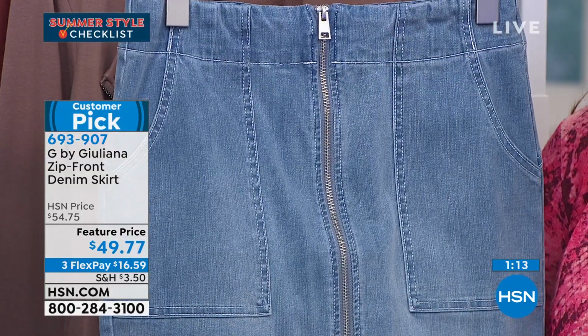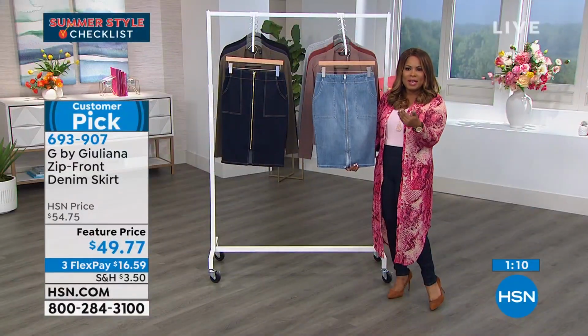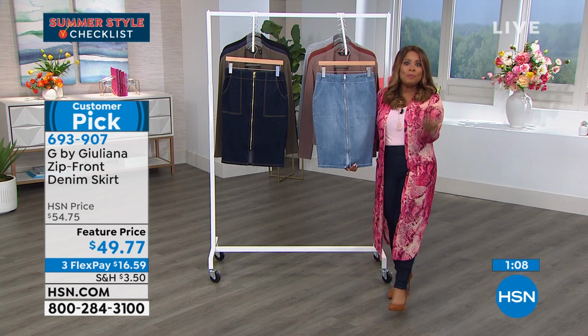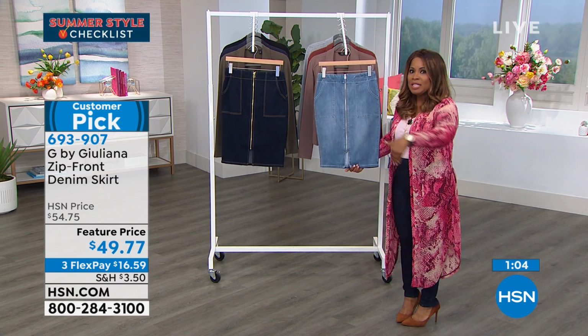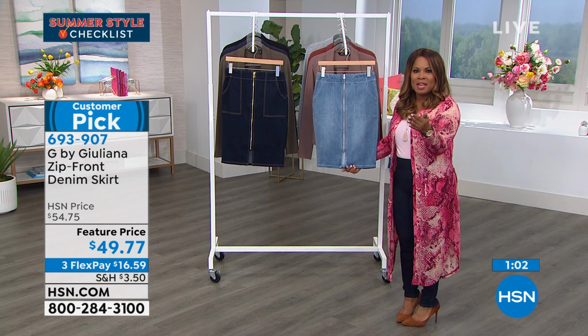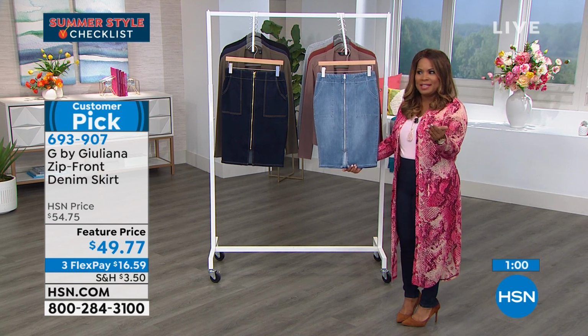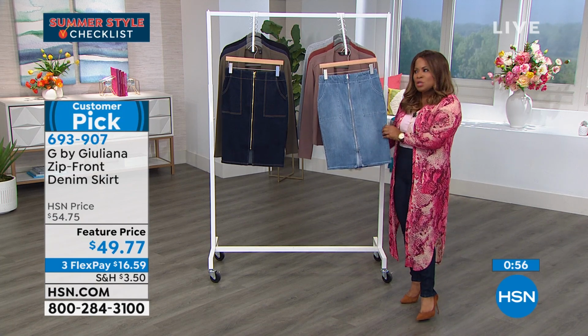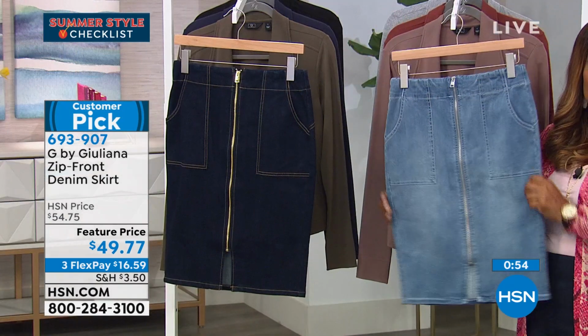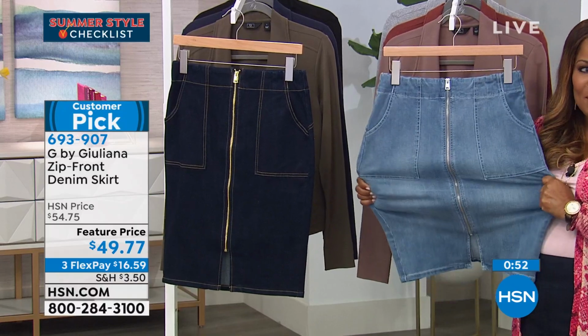Look, I know the stores and the restaurants aren't open as we'd like them to be, but I hope that everybody's getting out, getting some exercise, at least walking around in the neighborhood if you can. You've got to get out and get a little bit of vitamin D. It's just healthy for you. And while we're at home, you still want to be comfortable. And that's why I think that stretch is so key. Lounging around the